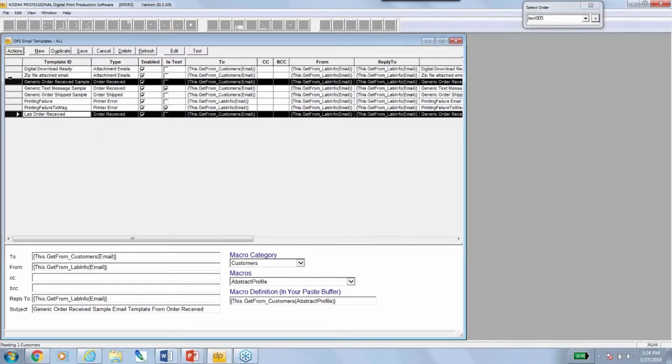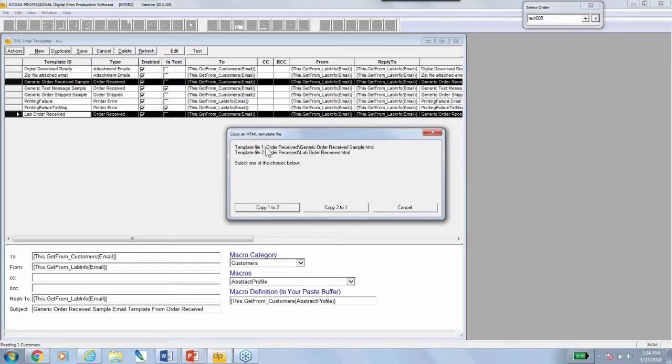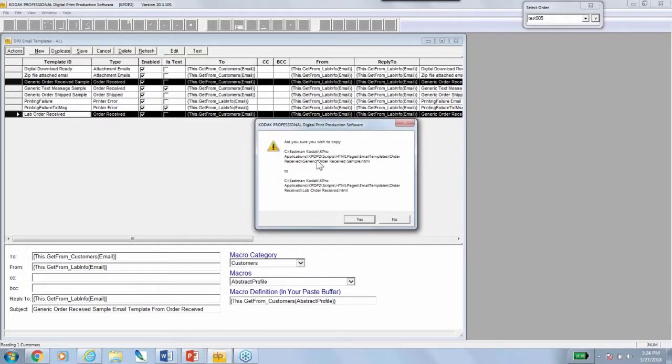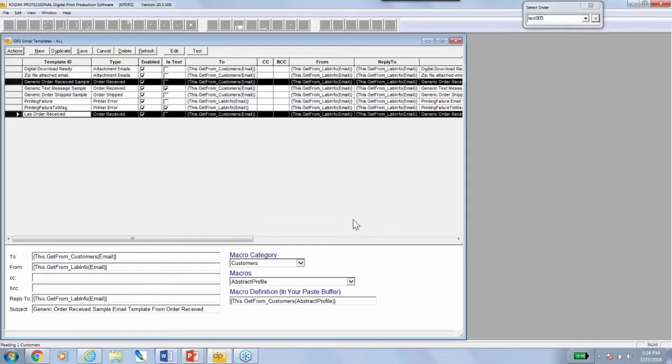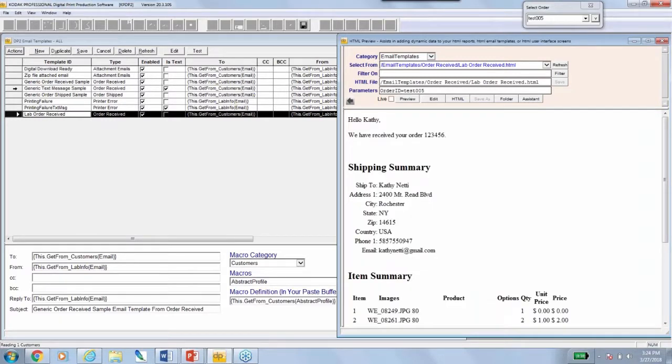So I'm going to select both of these with my control key and right click, and there is a function to copy the HTML template from one to the other. And when I choose that, I can either go one way or the other way. It only makes sense to start with the generic one and go to this lab one that I'm creating. So that's why I'm choosing the answer that says 1 to 2. Are you sure you want to do this? Yes, I do. And now when I double click and open this copy of the generic one,